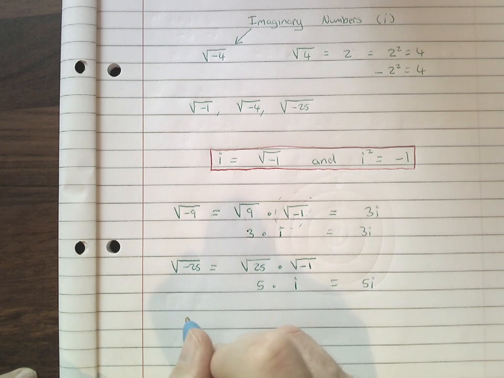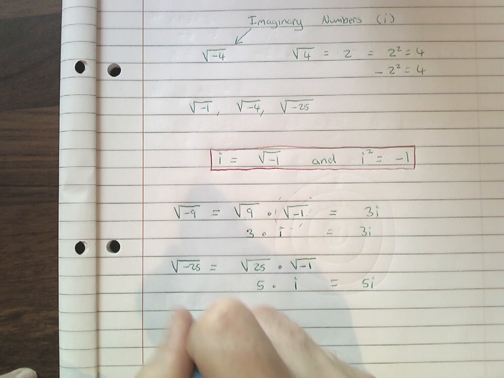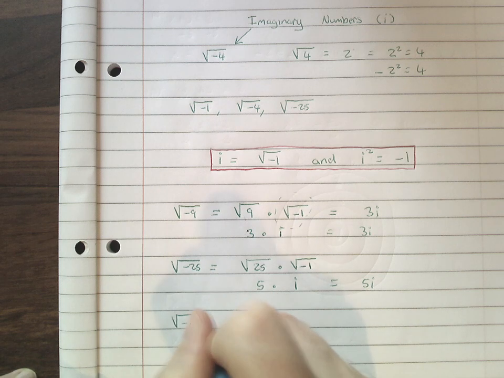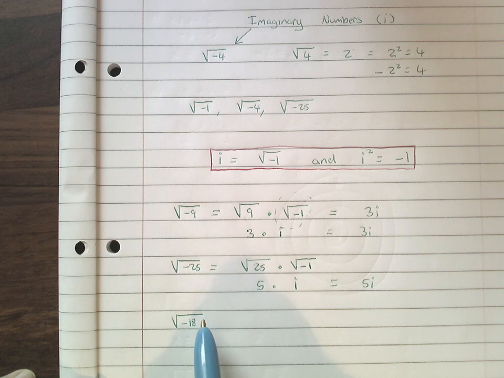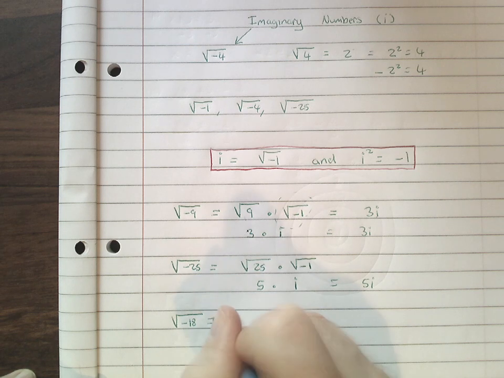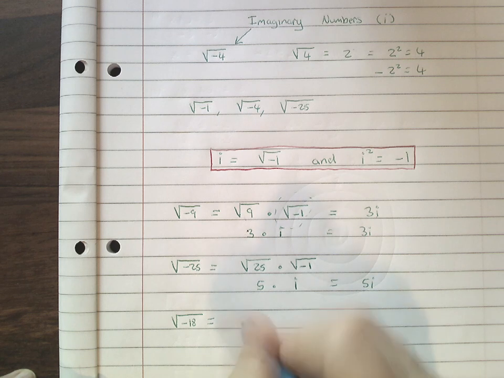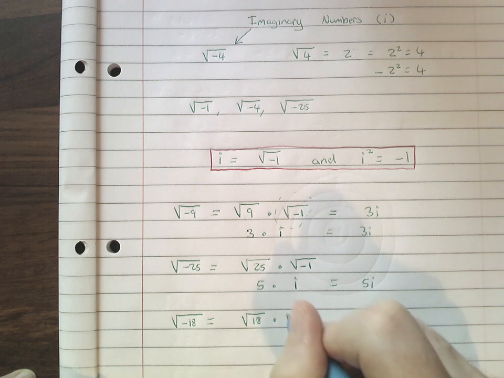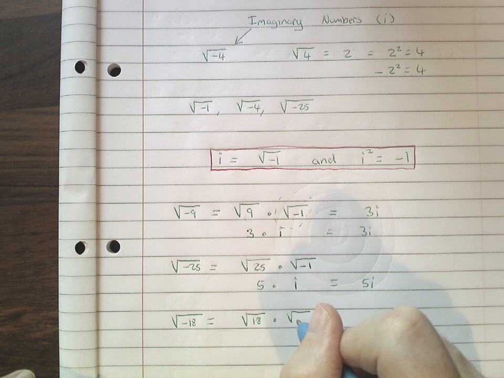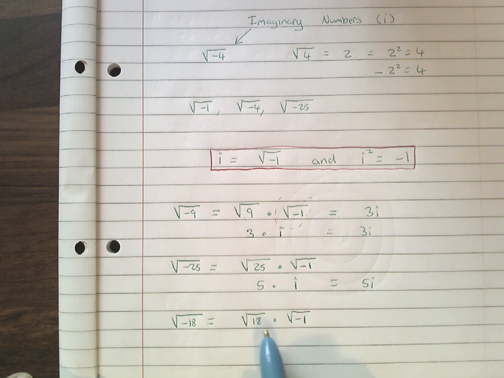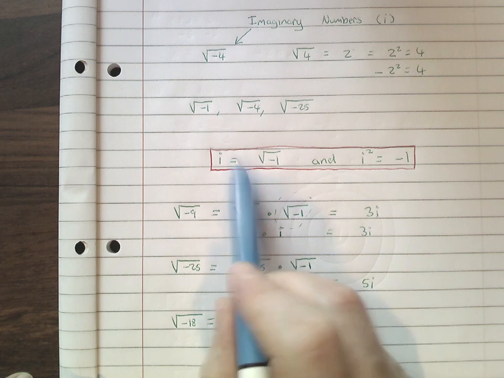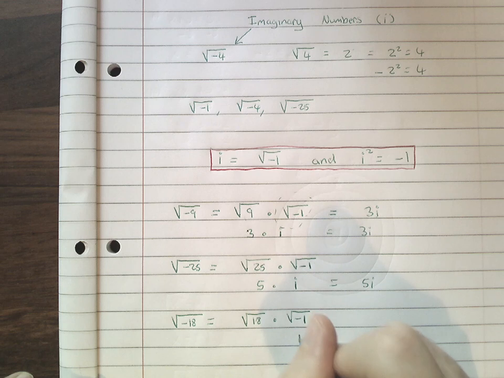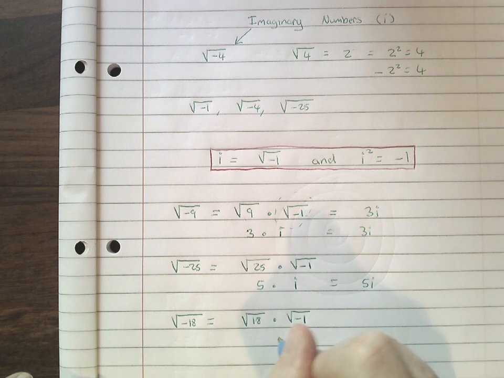And similarly, if we take something like this, let's say you have the square root of minus 18, the square root of minus 18 looks something like that. Well, we can make that equal to the square root of positive 18 multiplied by the square root of minus 1, like so. Okay, so you can make it look something like that. So again, we can take this minus 1 and replace it with i because of these rules here. So that's just going to be equal to i multiplied by, now what we can do is